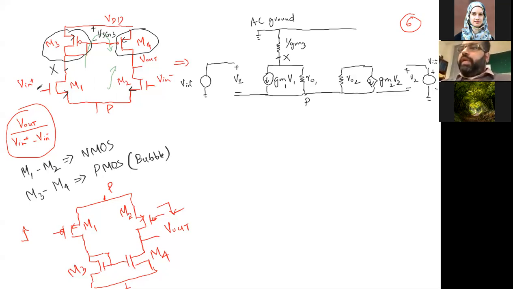So we can nominate the VSG3 for our visualization, but we will show the current in opposite way since it's a PMOS. So what's the current? We can show it's GM4 times, everything else remains the same for the PMOS. We don't have too much worry, but what we can say that this value at this moment is equal to V